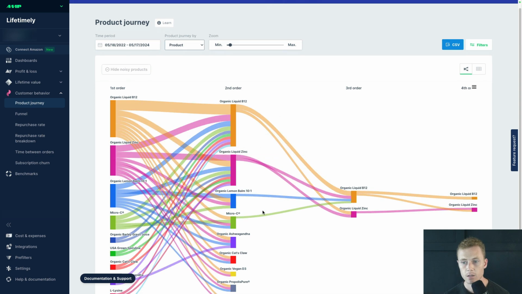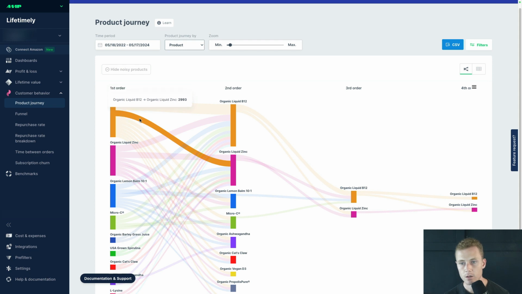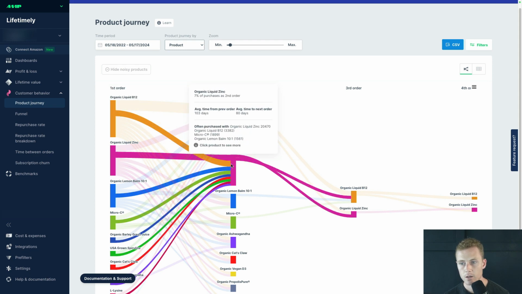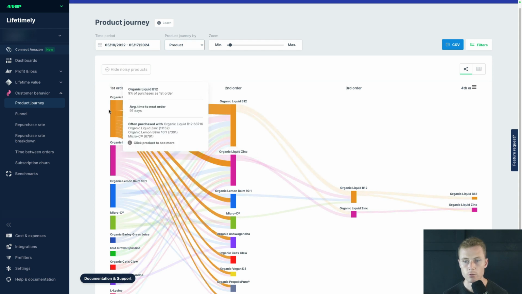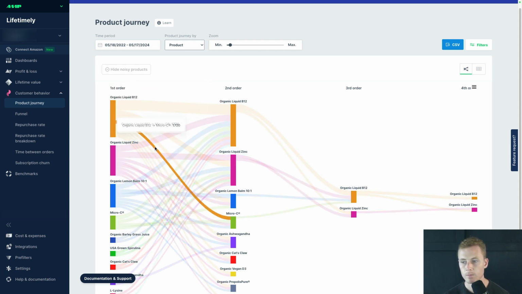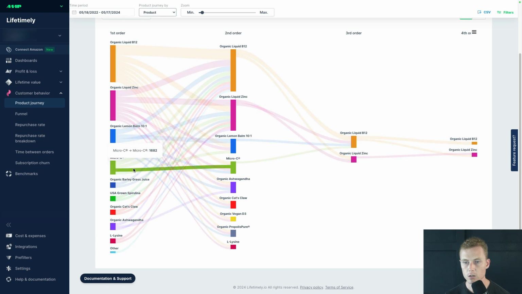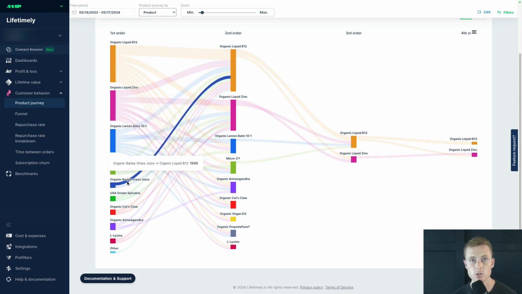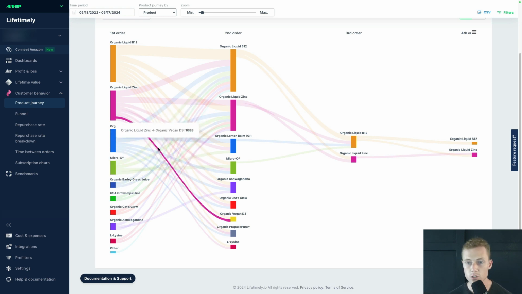But you can see here that for the organic liquid zinc, 7% of purchases as the second order are coming through organic B12. And you can just keep going all the way down here and see, for example, that organic barley grass juice that we were talking about in the previous section, how it has such a high LTV. You can see almost 1,500 customers actually go from the barley grass juice to